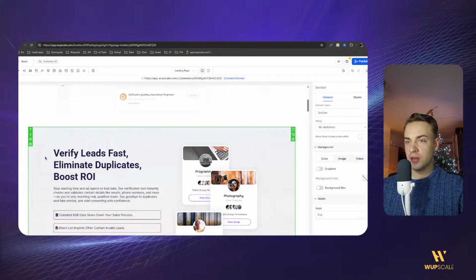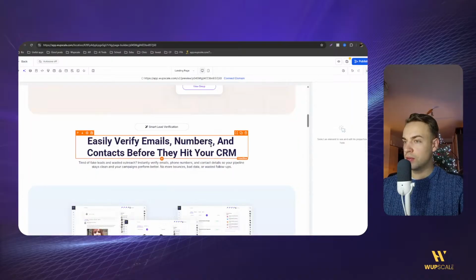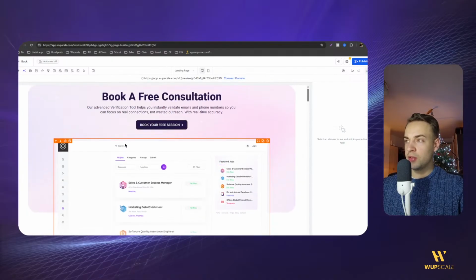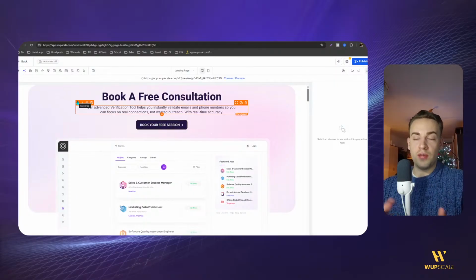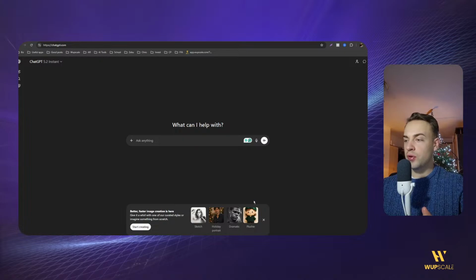Let's look at the other sections. So this is where we definitely don't need this image. This is where it's great if you have an existing business plan already. And you can also use AI to create the landing page text for you. So I have the paid version of ChatGPT. And then what's super great is